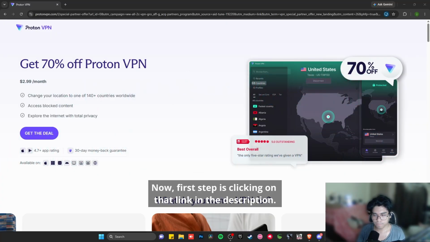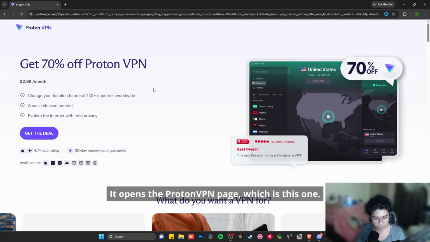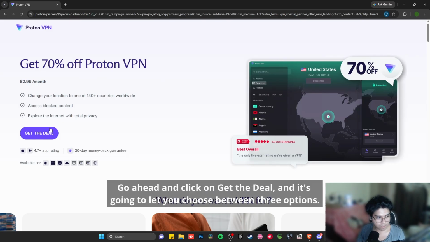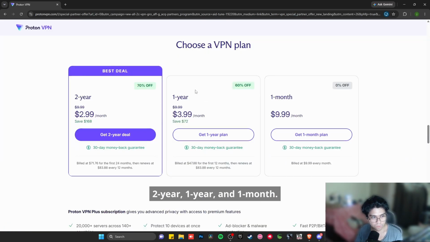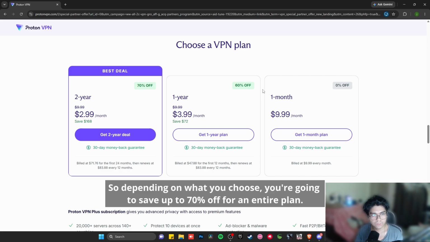Now, first step is clicking on that link in the description. It opens the Proton VPN page, which is this one. Go ahead and click on Get the Deal, and it's going to let you choose between 3 options: 2-year, 1 year, and 1 month. So depending on what you choose, you're gonna save up to 70% off for an entire